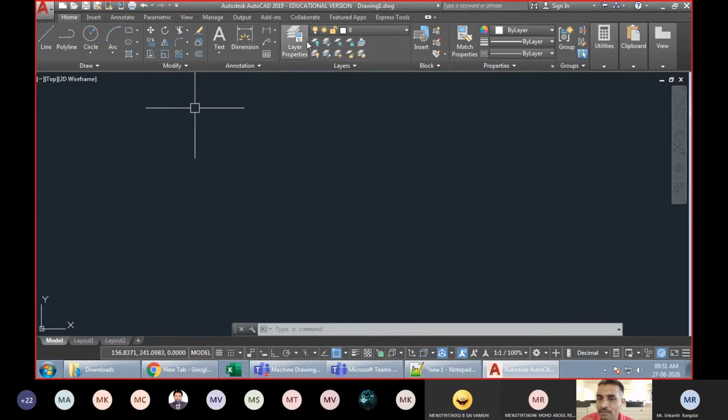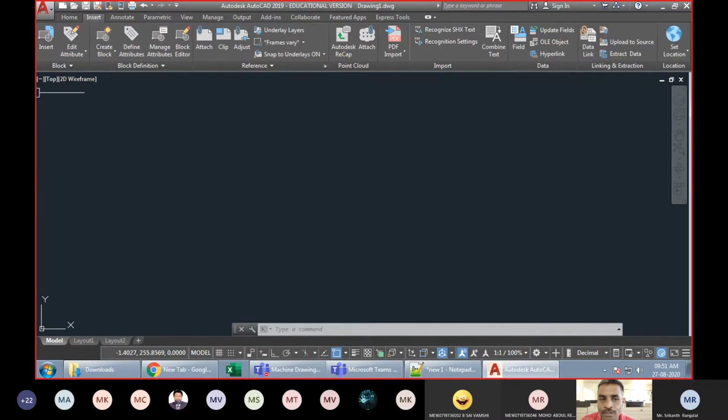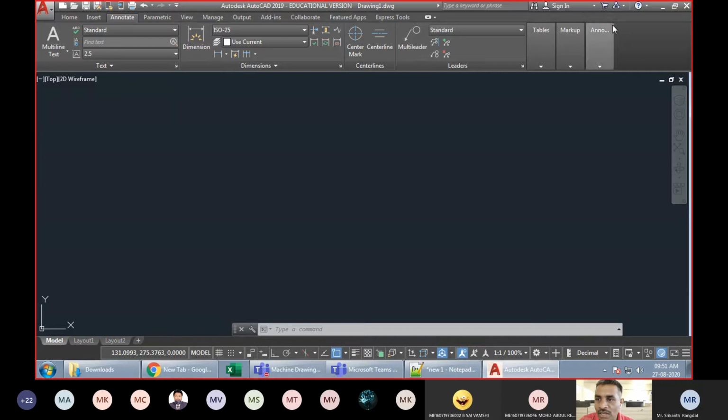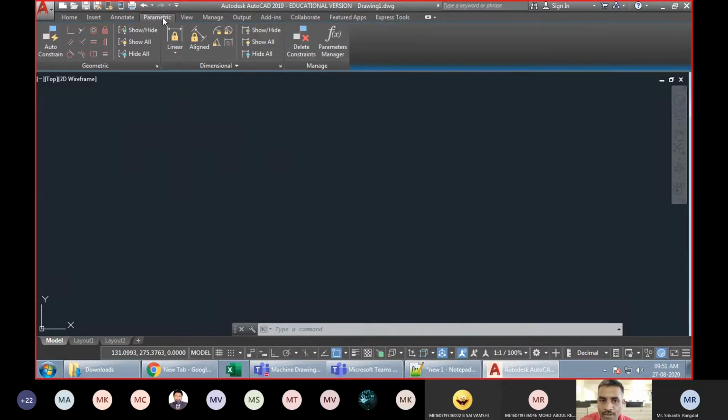Same way you have text, you have layers, you have properties, and so on. If you go to insert, there are various commands available for inserting some other external objects into our drawing. Then annotate has all the commands for dimensioning listed over here. So whenever you want to do dimensioning, you can go to annotate.